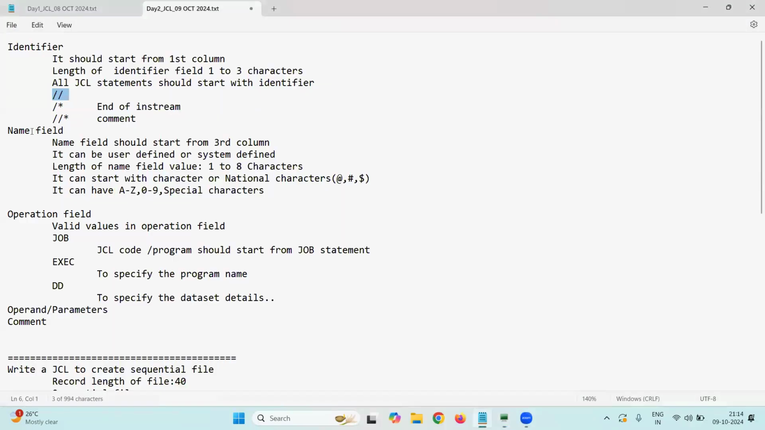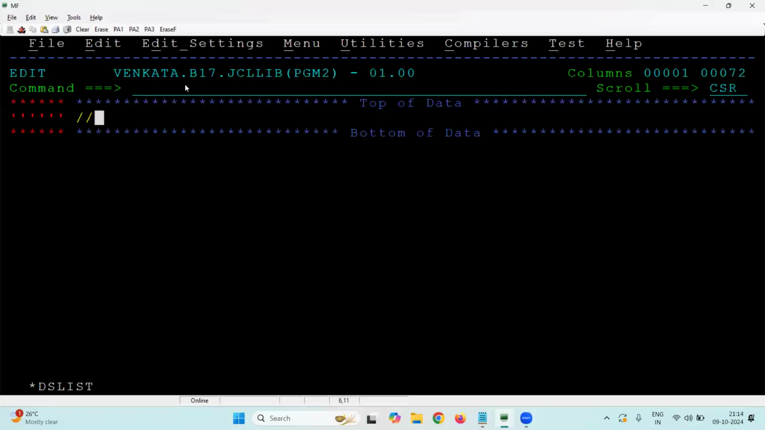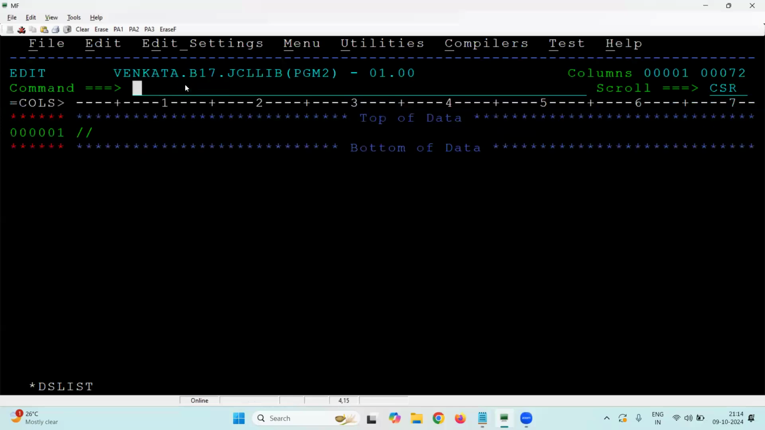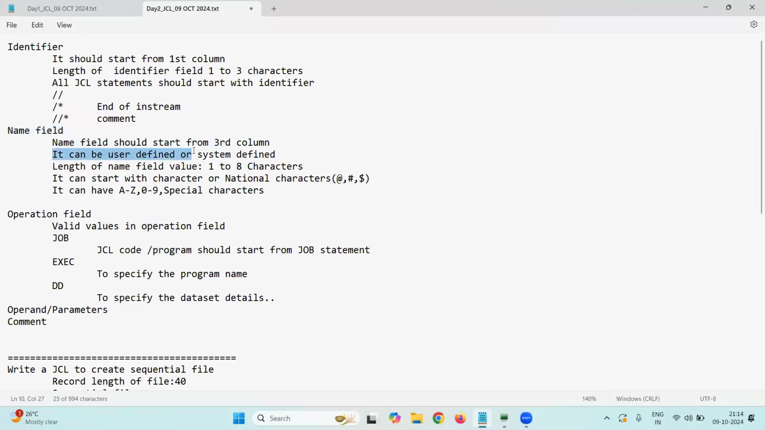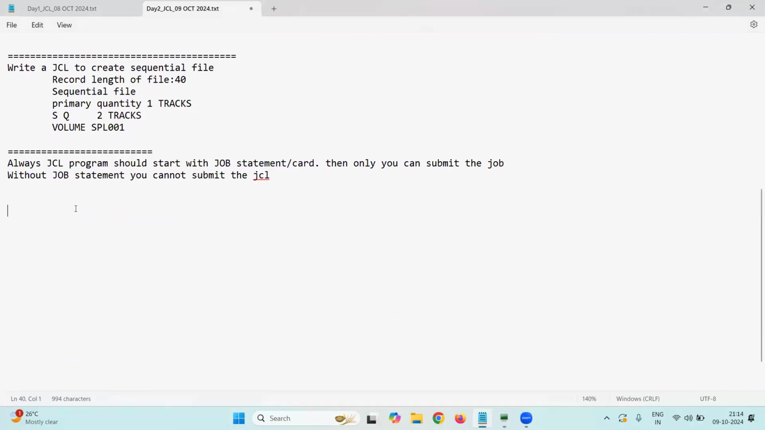The next one, name field. Every statement should have the name field, and the name field should start from the third column. That is a rule. I will use cols to see the column number. This is the third column. And it can be user defined or system defined. On the job statement,